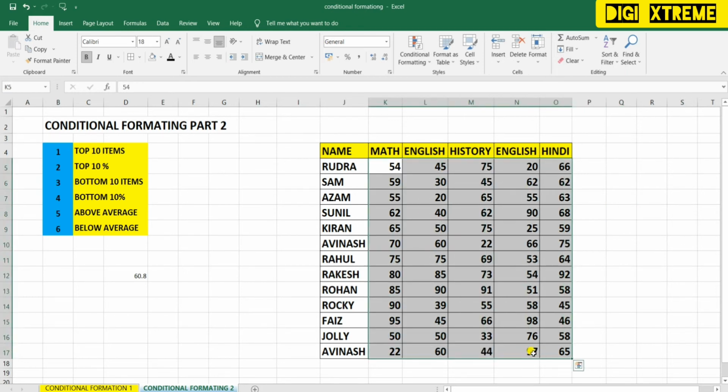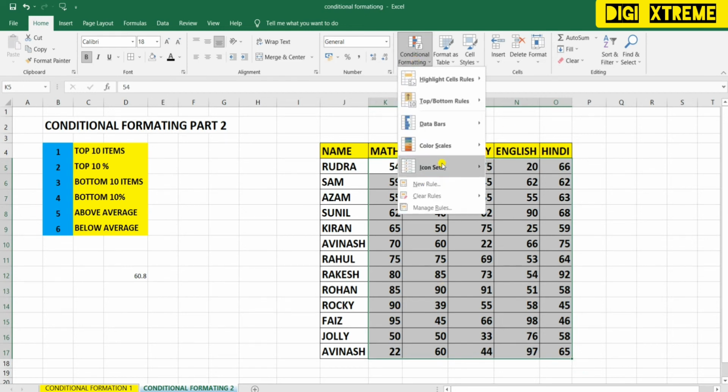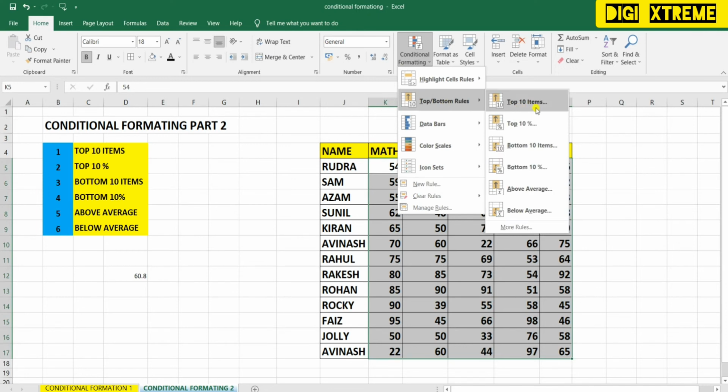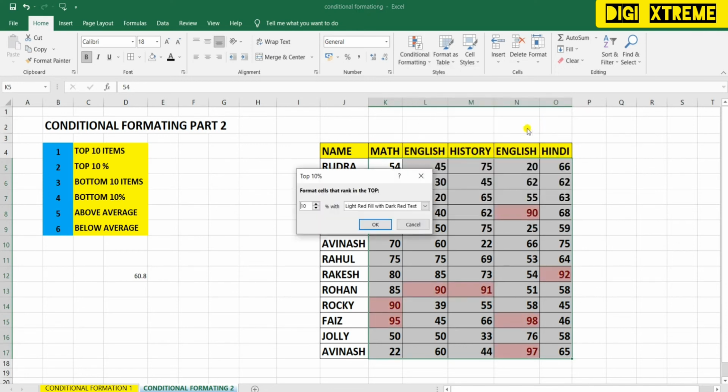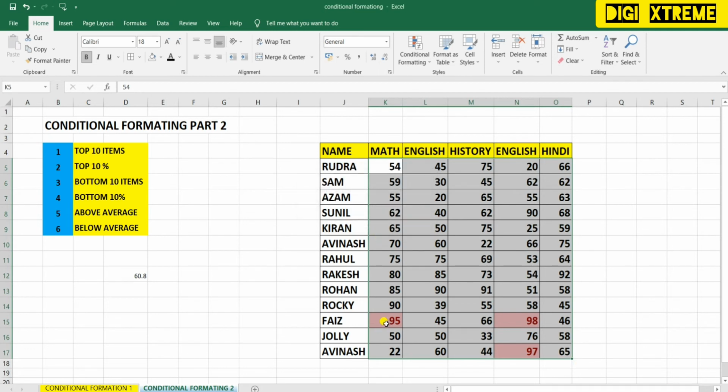Alright, I have selected the entire cells. Then I'll go to conditional formatting, then the second one, top bottom rules, then click on top 10%. I will make it 5 here and let's see. So this has highlighted the top 5%.